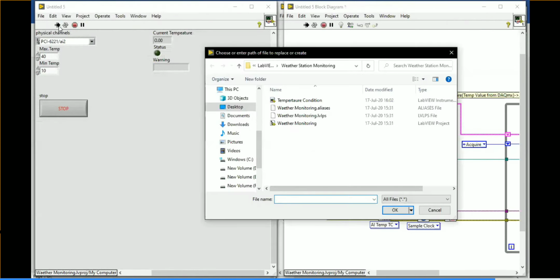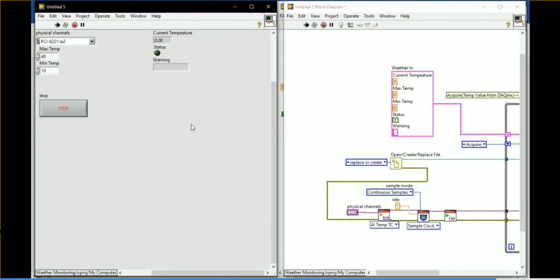It will ask for the file path. It's asking over there. My file path will be temperature data. So it's acquiring the temperature value. See, it's acquiring the temperature value. I'm getting the heat stroke warning, and the status is a true value. Depending upon the current temperature, you will get either a heat stroke warning or a freeze warning. It depends on the maximum and minimum values.